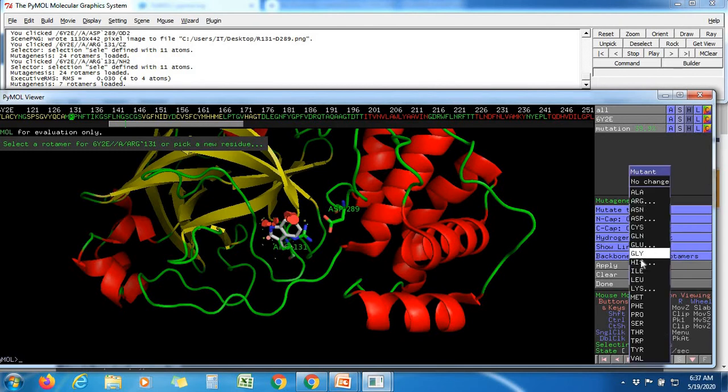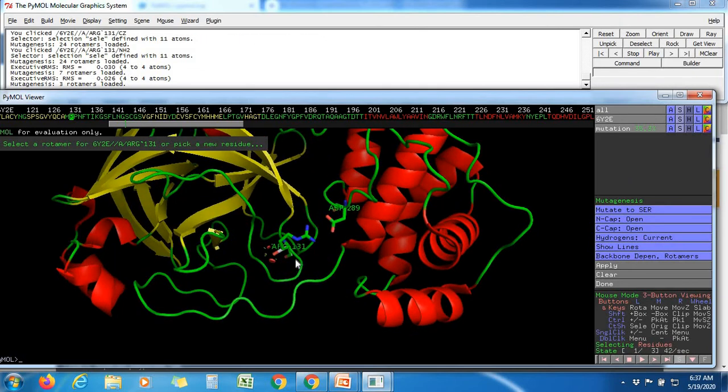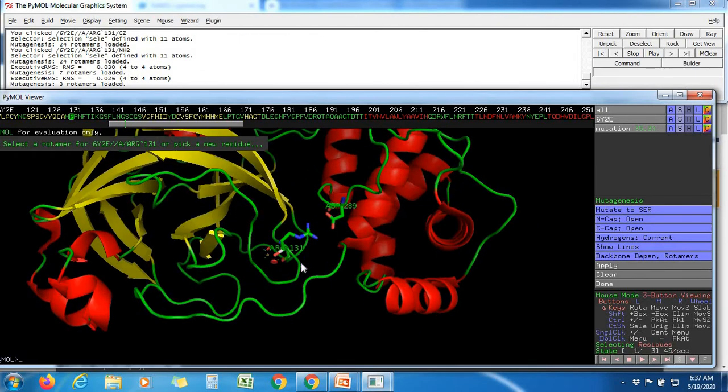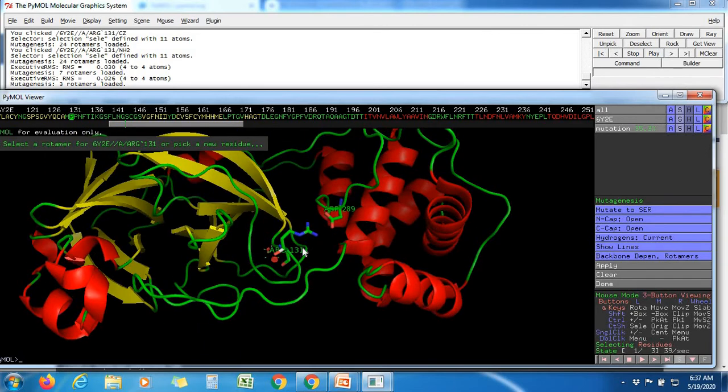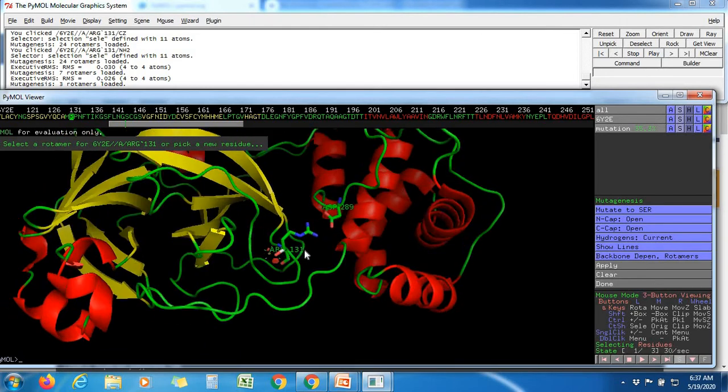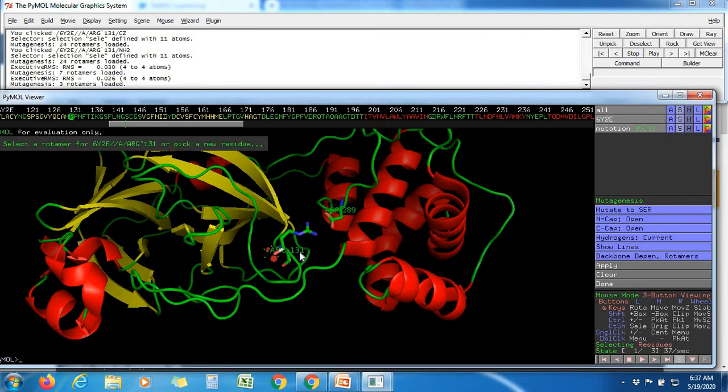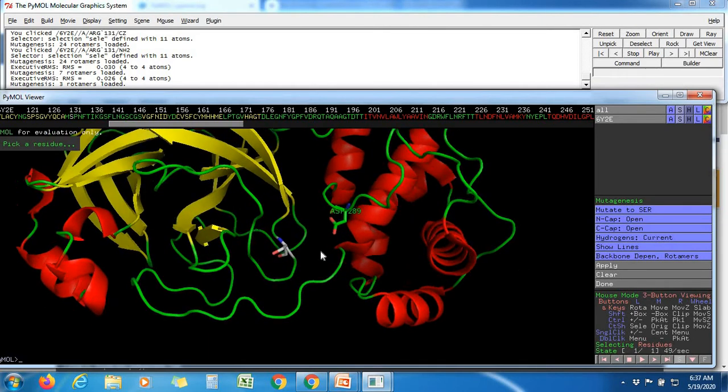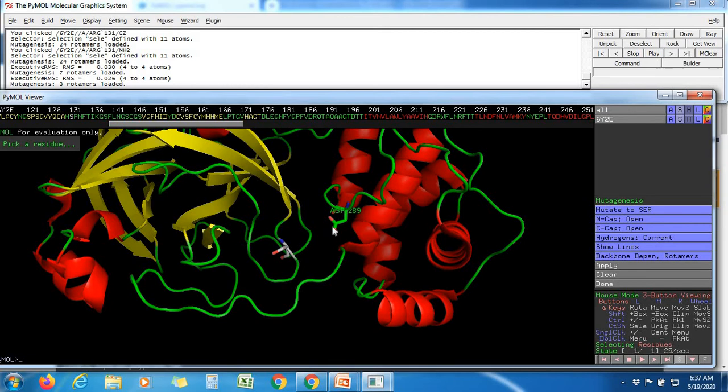Suppose you want to make a serine. You can click on that. Serine is there, and it goes to the other side. Now, if you want to save this picture and remove this arginine, you click on apply. So arginine will be removed and the new residue will be there. Now if you see this one, this is the serine here and this is the aspartic acid. Now it is very far from each other. Almost there will be no interaction now.